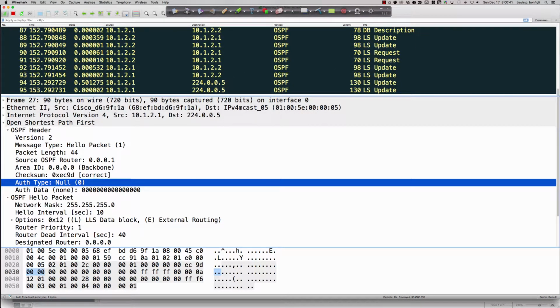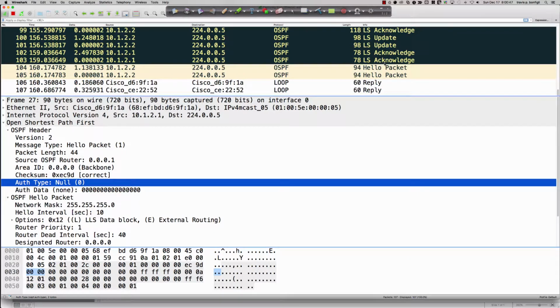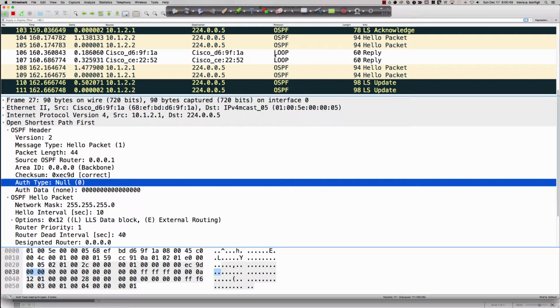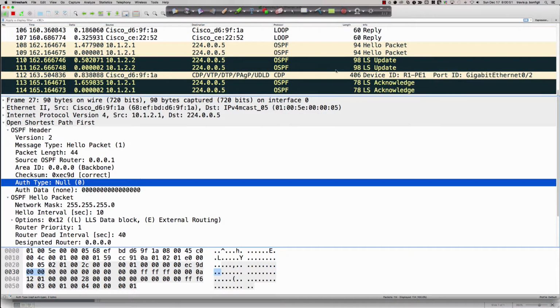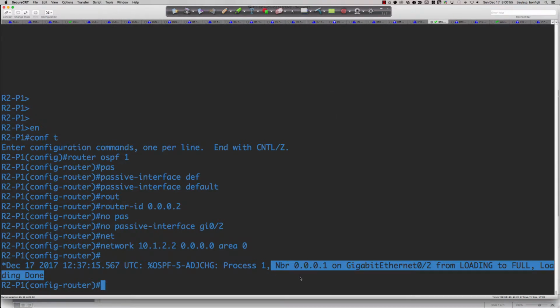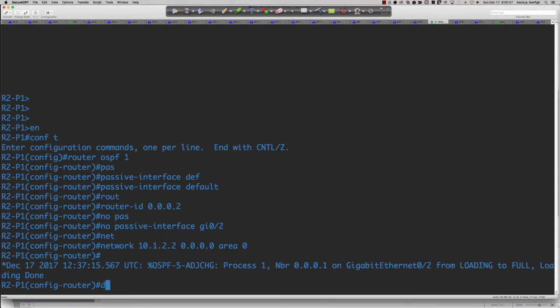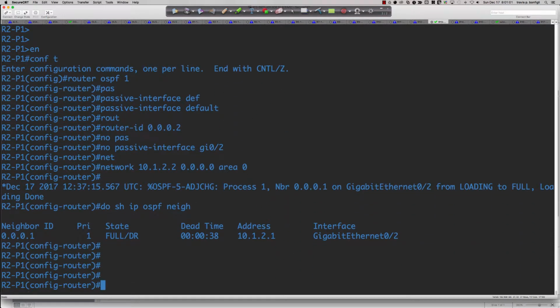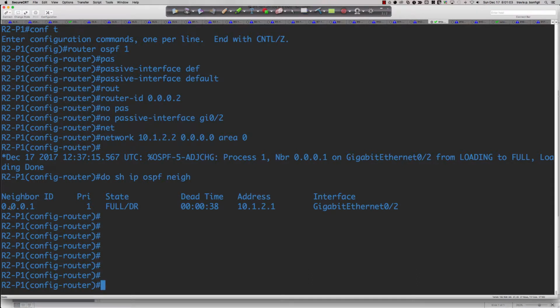Now, as soon as I hit enter, we'll step back over here, and we should see, and there it is, right? We've got a lot of those link state packets I talked about: link state update, link state acknowledgement, the hello packets. So there they go. And the OSPF database is now synchronizing, and you can see we've gone from loading to full,